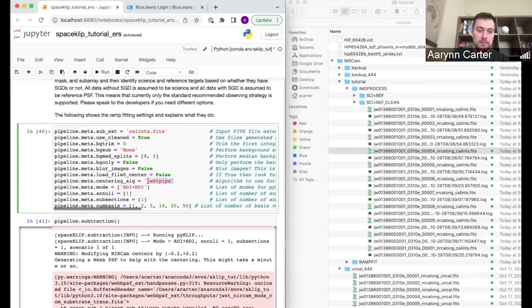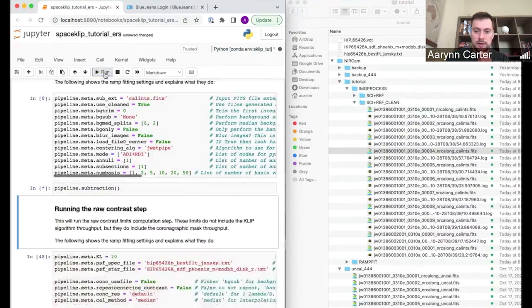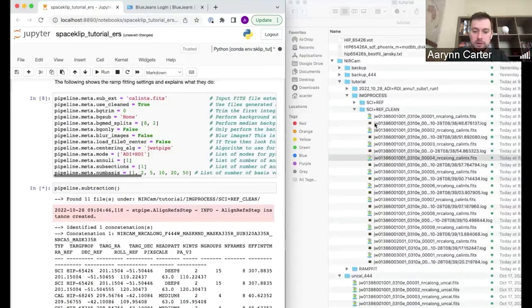This JWST pipe is kind of our tweaked version of the JWST pipeline. We have what subtraction mode we want to use, and then these different settings that I mentioned earlier. So the number of annuli, the number of subsections, and then this numBases is how many PCA modes we want to use. So we can load that all in and hit go. And while that's loading, I can show you